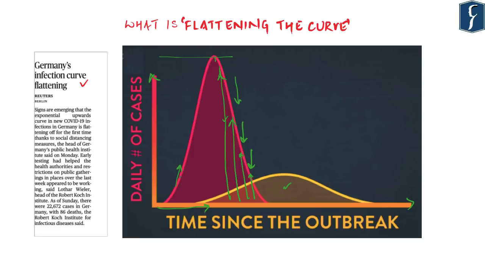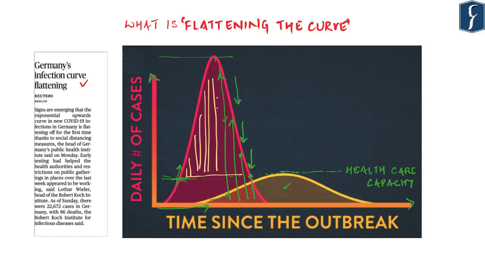Because you cannot cater to everyone, it is important to slow down the pace of increase of the daily number of cases. So let's say that in India, the healthcare system can take up only 10,000 cases every day, which means that we have only 10,000 beds in our ICU facilities. So if we don't take proper measures, what will happen? The cases will skyrocket and we won't be able to admit the critical cases into our ICUs, and all the cases over and above this line shall have to be treated without proper care,